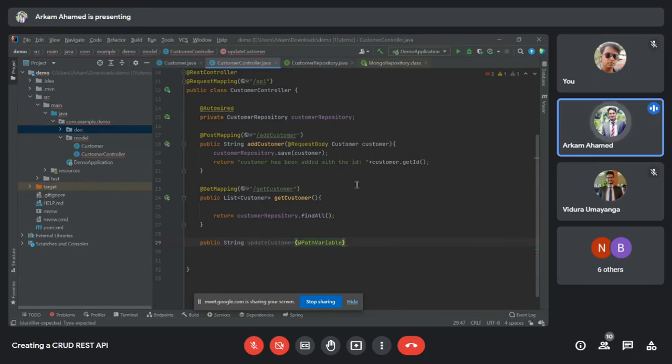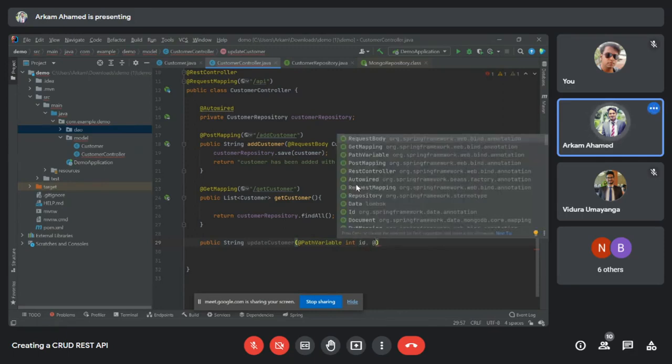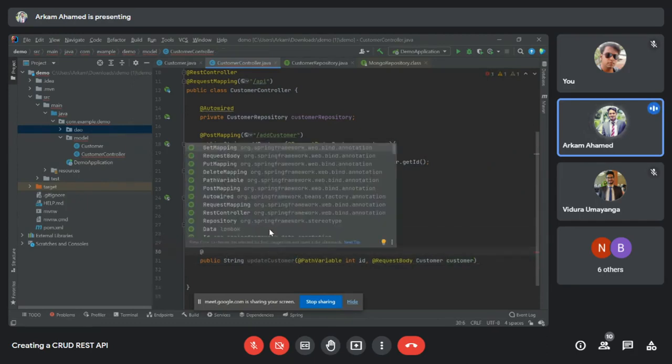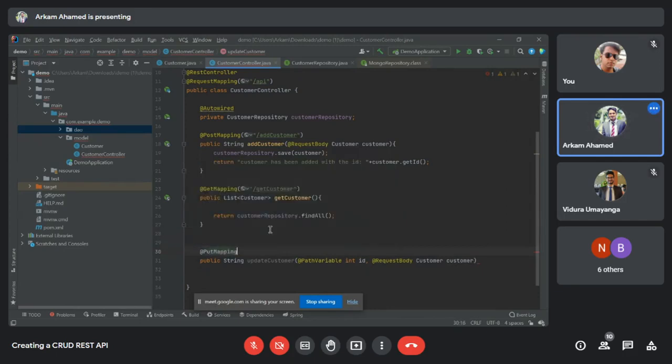What this does is, when we need some value from the user, we'll have to pass this variable annotation. So PathVariable int id, and also we have to get the data from the user. So RequestBody, pass the Customer. Since this is an update, we should pass the PutMapping.